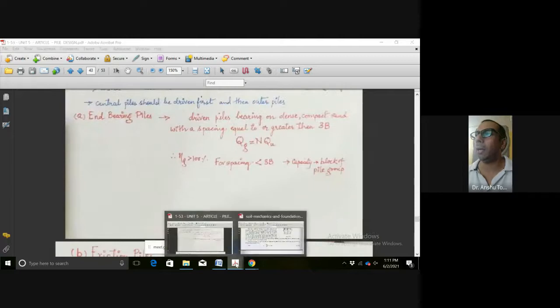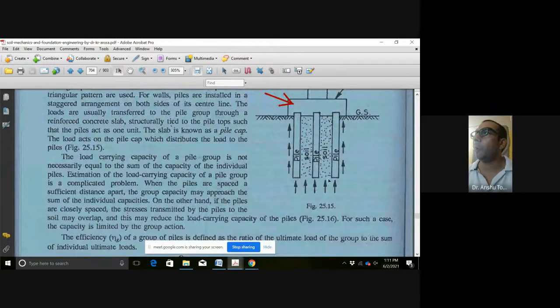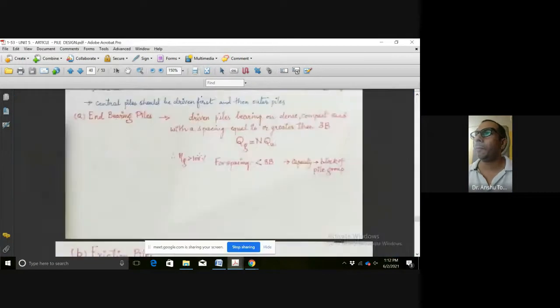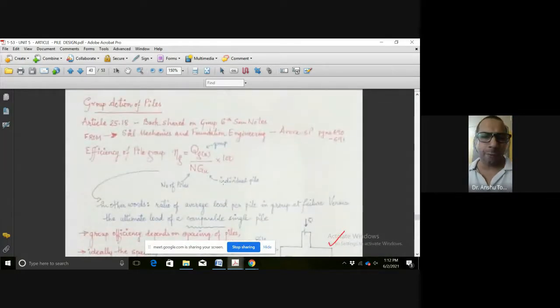अभी जैसे मैंने आपको इसमें करके बताया, it will be from here. तो यहां से जो पूरा ब्लॉक है, इस ब्लॉक का जो पेरीमीटर है from here to here, that will give us the perimeter, and accordingly we will be able to find out the efficiency, कि इंडिविजुअल पाइल से जो वैल्यू निकल के आ रही है, और ग्रुप की जो लोडिंग बेयरिंग कैपेसिटी है वो, that is in the numerator. What is the efficiency of the pile group?